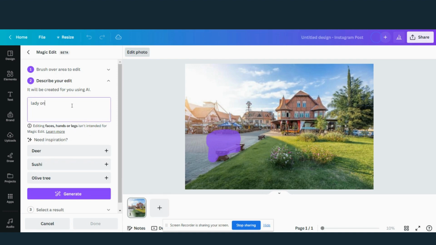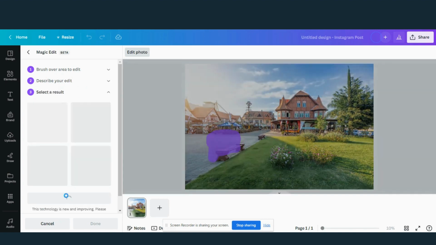Now I'm going to continue, and then I'm going to put lady on bench, and maybe I should have just put lady, but let's see what it does, because it might put a bench on top of the bench with a lady on the bench. Let's see. So there we go. It's generating now,